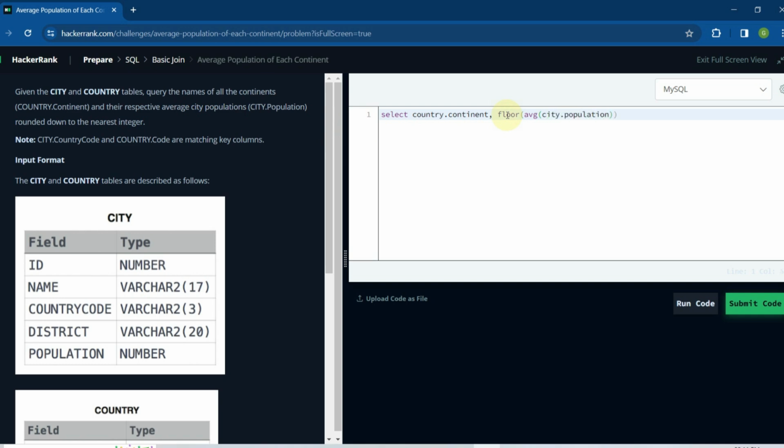So first we need to find the average city population, and then we need to round the value. And then you have to type the table name city, comma, country,